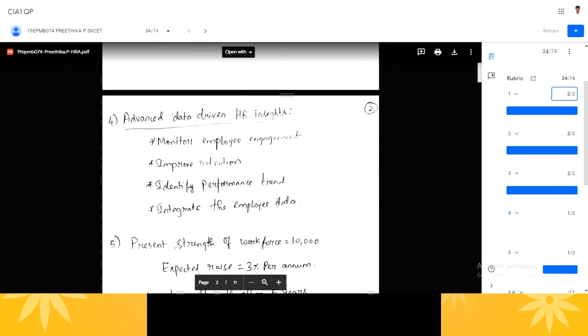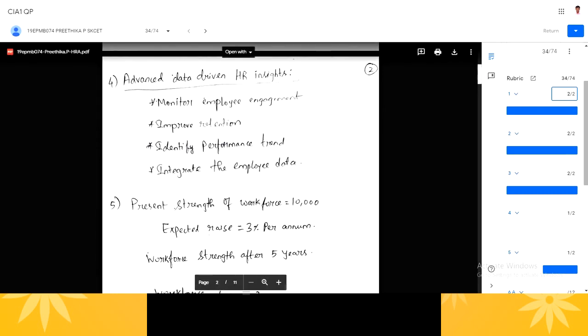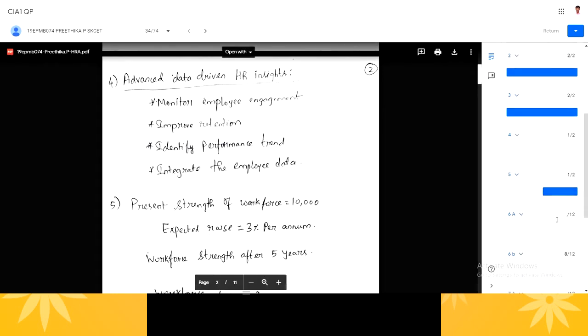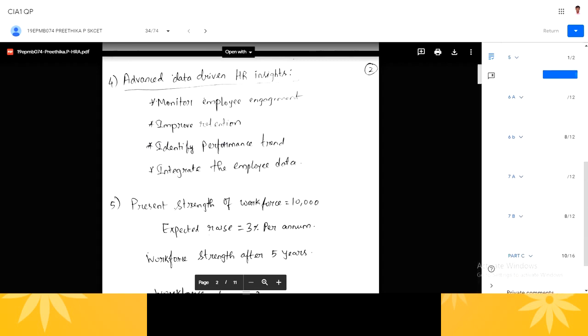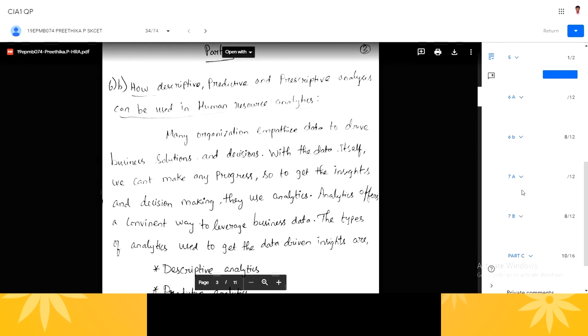Likewise, I can scroll down to each of the pages and I can read the answer here and I can post the marks related to that answer here. Okay, so this way, if I am doing this now, most of my time will be getting saved. Right, I need not have a paper and pencil to write down the student name, register number and question numbers. Okay, so this will be a wonderful option available in our Google Classroom.